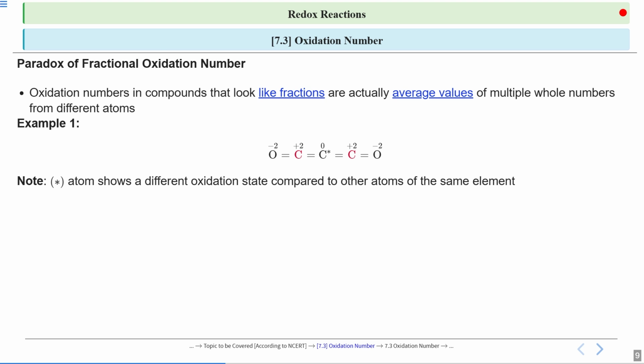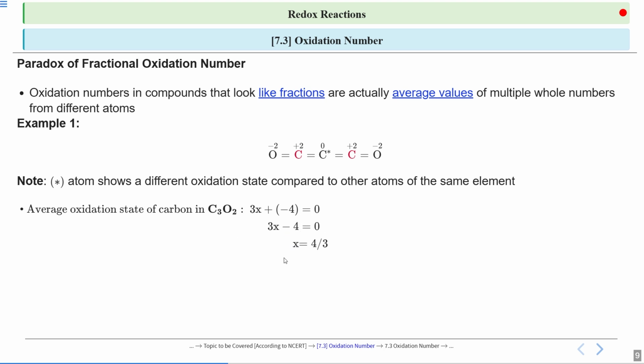As mentioned here, that is the average value. So now let's calculate the average value for this central carbon. The average oxidation state of carbon in C3O2, as there are 3 carbons, means C3O2 equals 0. We are calculating the carbon's oxidation state. That means 3x plus 2, with oxidation state -2 for oxygen, that means 2 into -2, that would be -4.